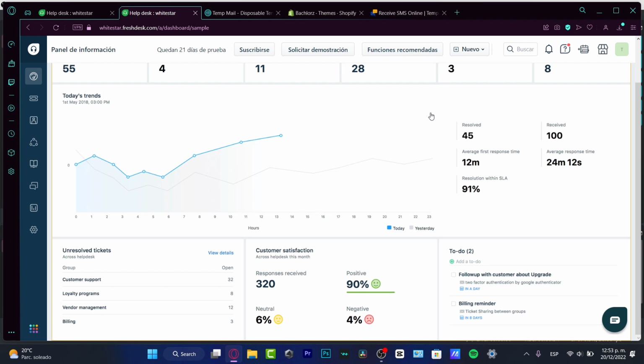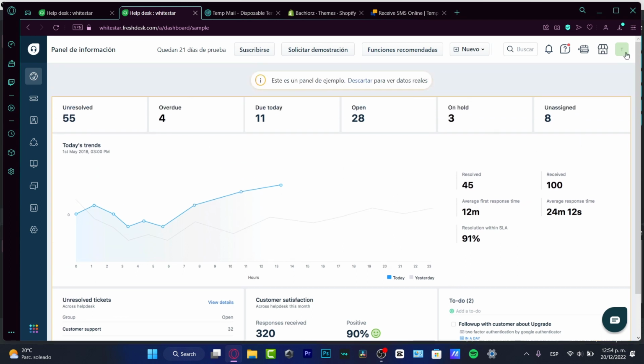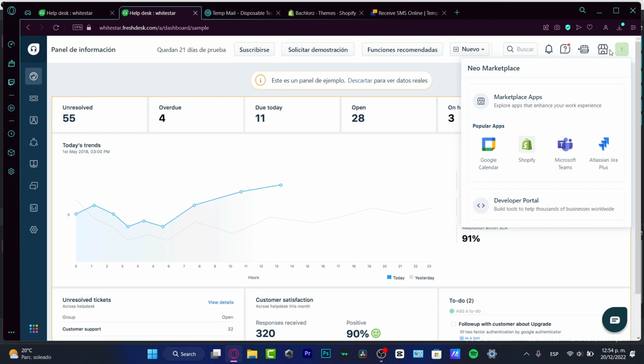So what I'm going to do here is to integrate this into my website, from the integrations that Freshdesk can, let's say, apply or can be compatible with. And in order to do that, of course, we need to have an account. And once we do have an account, it's really easy to verify your account using your email or your phone number. And what I want to do is to go into the new marketplace,